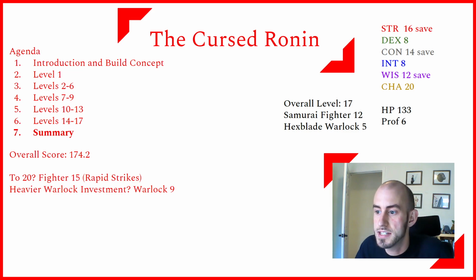So I would consider only taking 11 levels in Fighter and then putting more levels into Warlock to just kind of suck more power out of our pact. And I would go to Warlock 9. Now, what this does is we would get to have 5th level spell slots. So that would mean that the damage from our smites would go up to 6d8, potentially 12d8 on a crit. We would get some more invocations, get another feat at Warlock 8. But importantly, we would also get potentially up to 5th level Warlock spells,